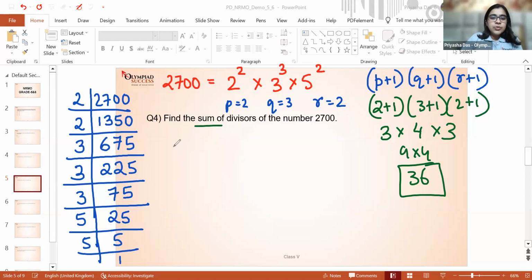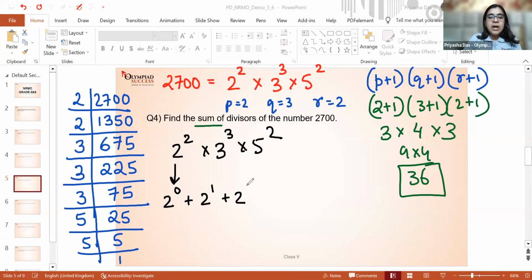See, this is 2 to the power 2. This is 3 to the power 3. This one is 5 to the power 2. So I will open this as 2 to the power 0 plus 2 to the power 1 plus 2 to the power 2. What is this equal to? Any number raised to the power 0 is